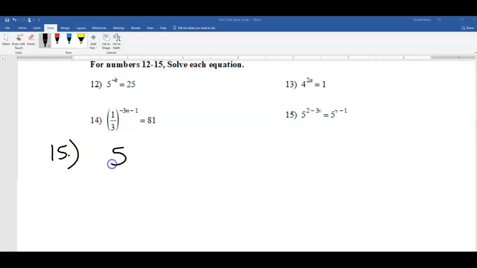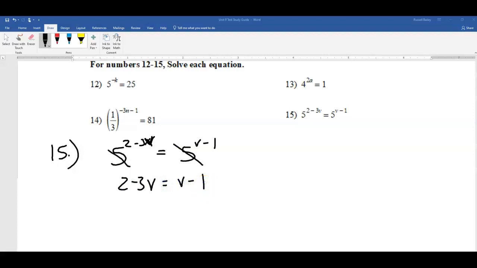All right, one more problem to go through together here, number 15. We have 5 to the power of 2 minus 3x is equal to 5. Oh, it's not x though, it's v. 5 to the power of v minus 1. Now notice on this one, the bases are already the same, so I don't need to change the bases. We can start by just crossing those off